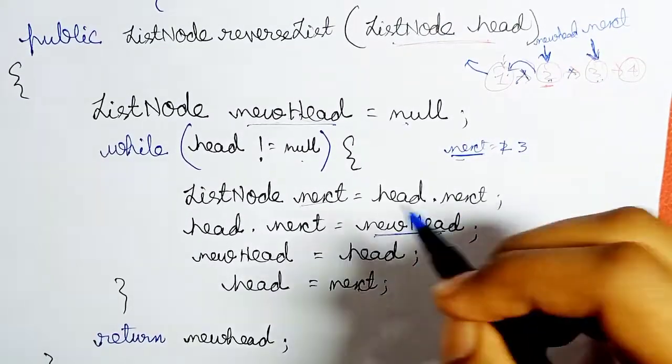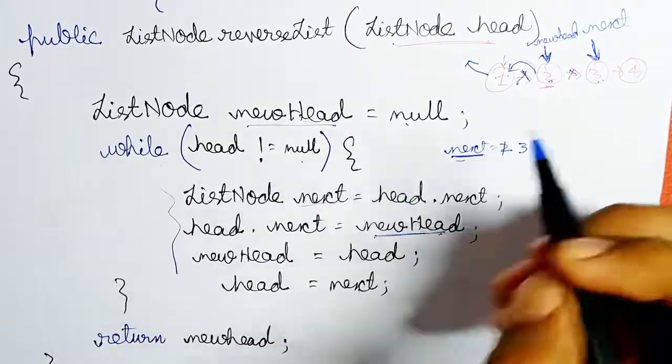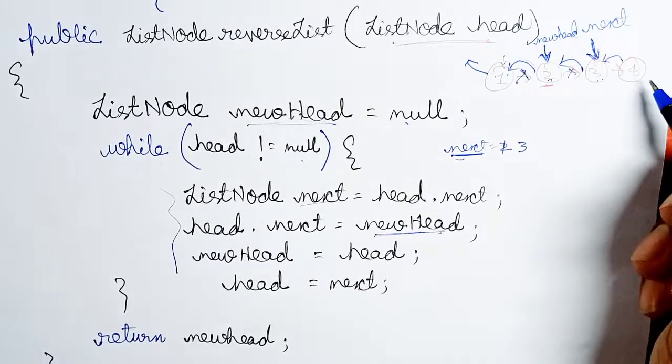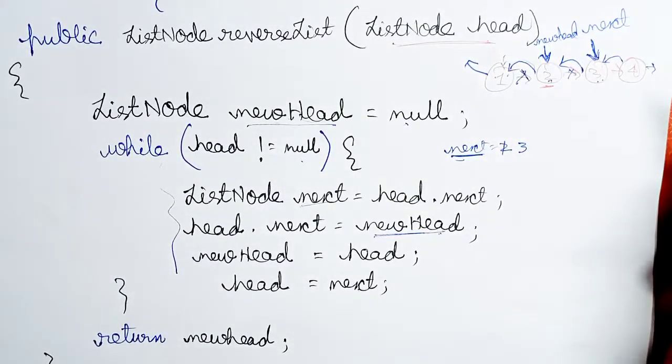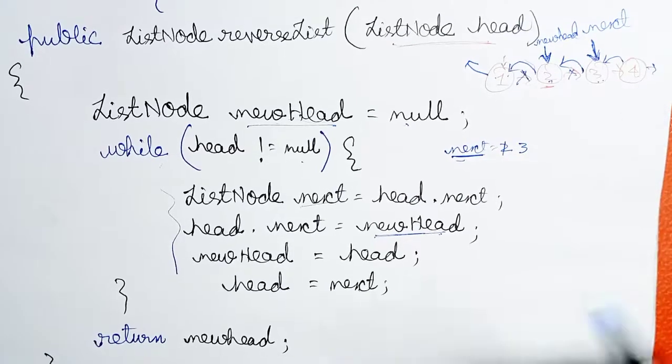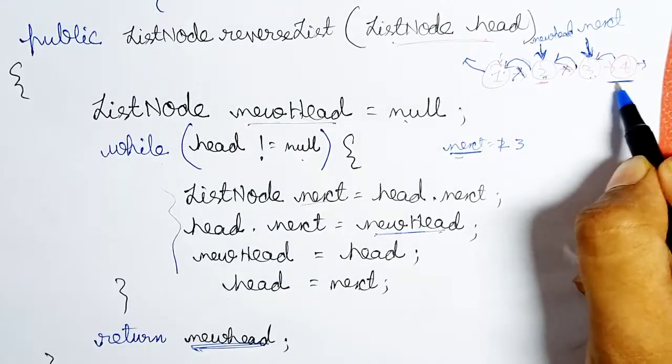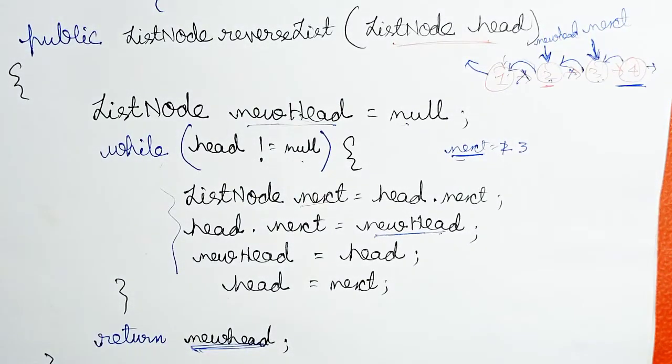You got it? Now the same algorithm will repeat itself till every link gets broken and joins the previous one. The moment it reaches the null of the linked list, we will just return the newHead, which will subsequently be storing the value of 4 inside it. Hence, that's how this algorithm works.